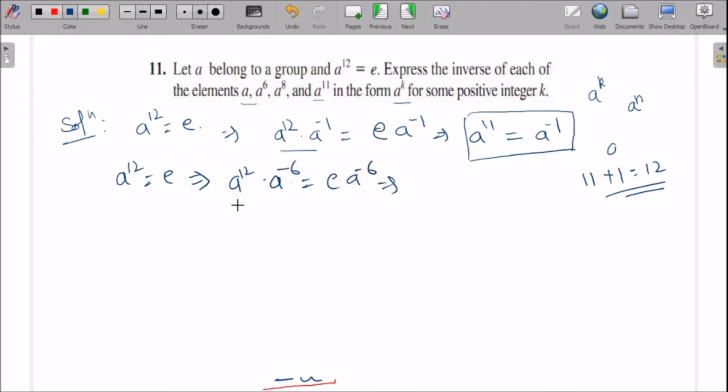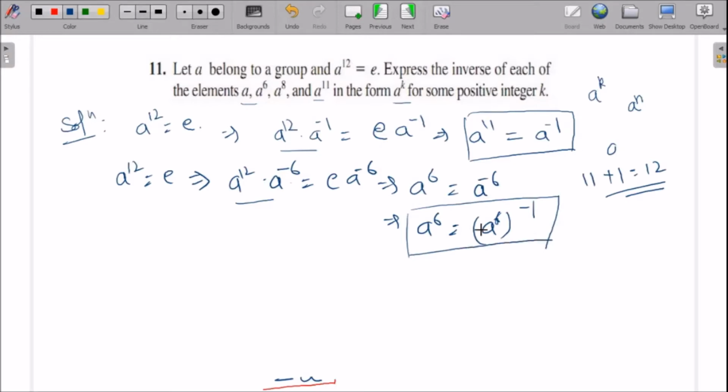From here the left-hand side becomes a to the power 6 equals a to the power negative 6, that is a to the power 6 equals a to the power 6 to the power negative 1. It means the inverse of a to the power 6 is a to the power 6. Here also the sum of 6 and 6 is 12. So similarly,